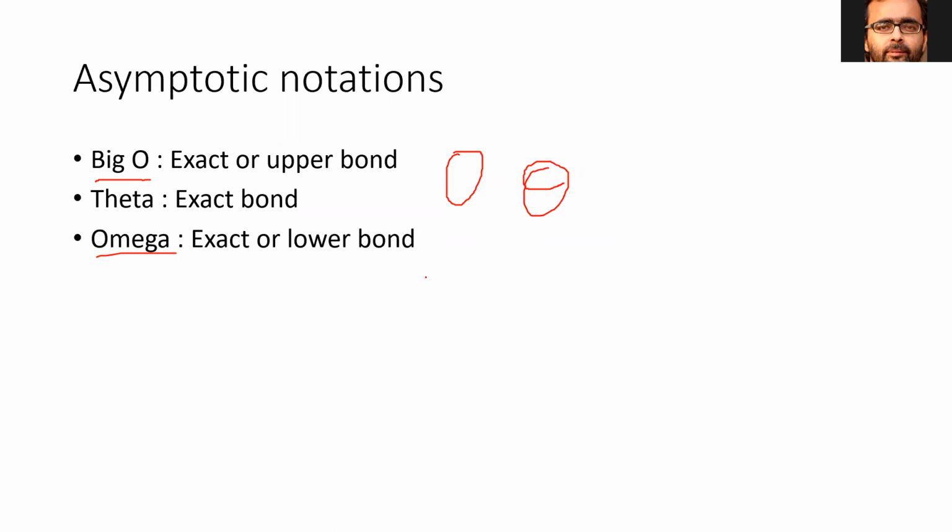Similarly, omega, we just saw, is basically used for exact or lower bound. For example, when you don't know how much time the algorithm can take. For example, when you're executing threads, they may have dependencies on one another, and we don't know which thread has a dependency on some other thread. So if it is very complicated, then there is an amount of time when this thread should be initialized. So that can always be said to be the exact or lower bound. That is your lower bound. So you can say that is the omega of that much time this algorithm is expected to take, at least that much time. It can go beyond that. That is nothing in your hand.